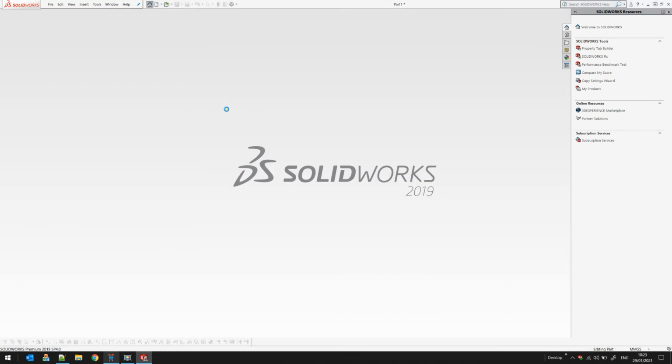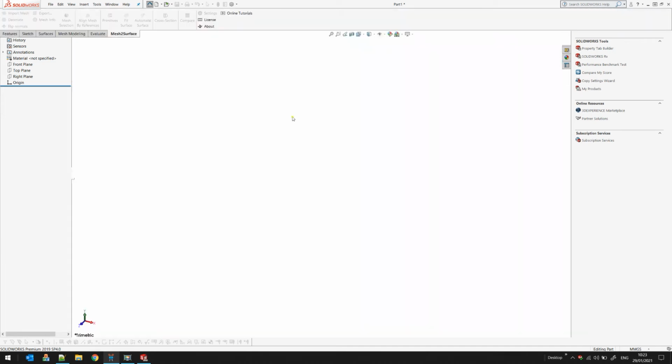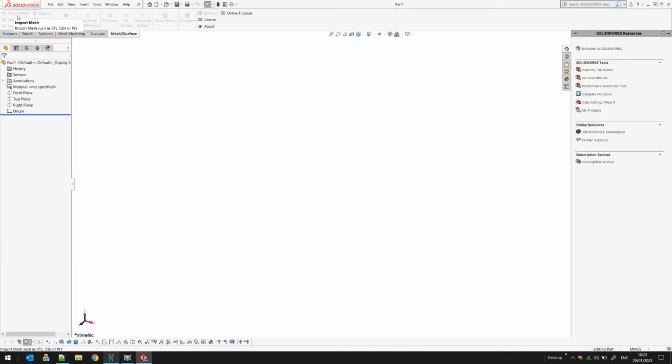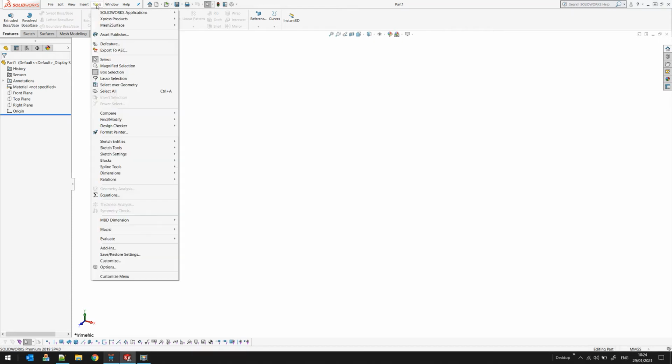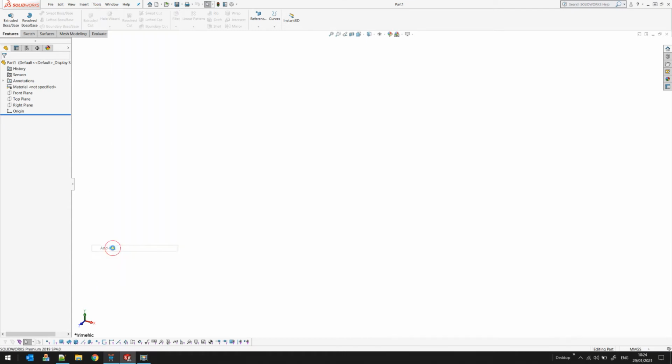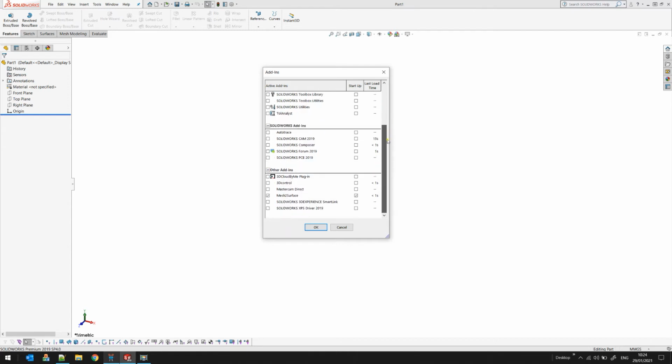If the installation process goes well, you will see a new command bar in the SOLIDWORKS environment, which is called Mesh2Surface. In some cases, it is possible that you don't see our bar immediately. So what you need to do is just select Tools and Add-ins. Then you need to scroll down until you find an add-in which is called Mesh2Surface, as you can see on